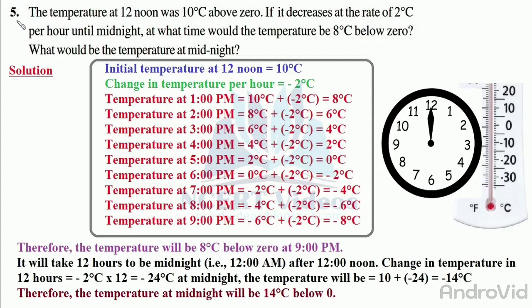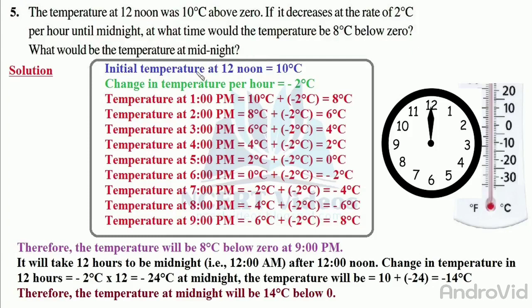5th. The temperature at 12 noon was 10 degrees Celsius above 0. If it decreases at a rate of 2 degrees Celsius per hour until midnight, at what time would the temperature be 8 degrees Celsius below 0? What would be the temperature at midnight? So the question is,